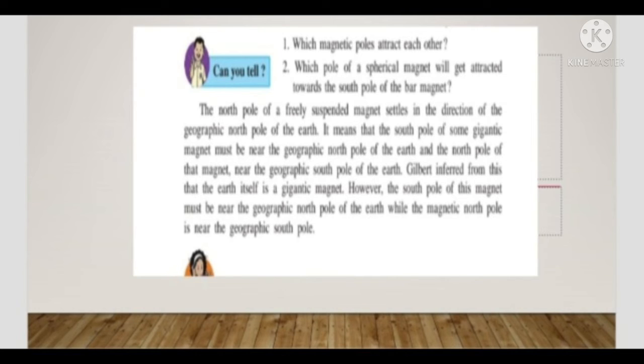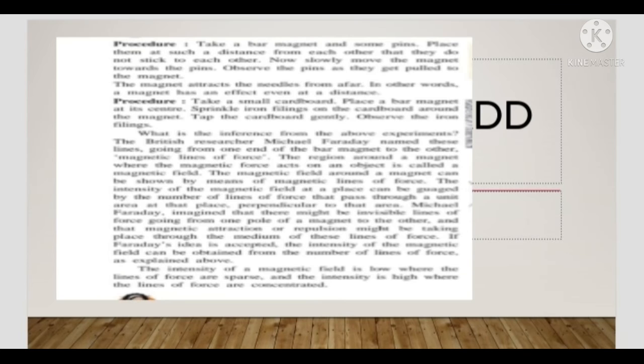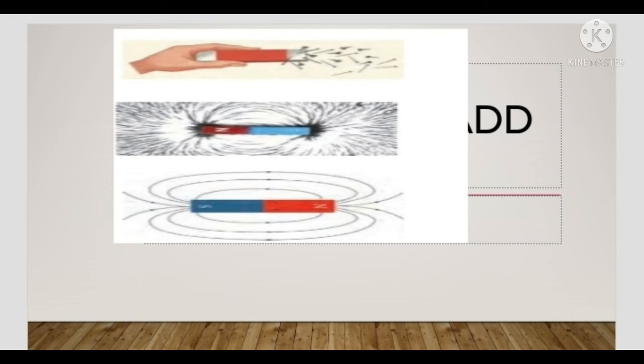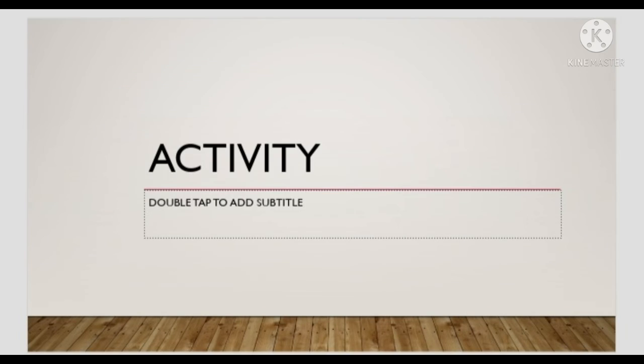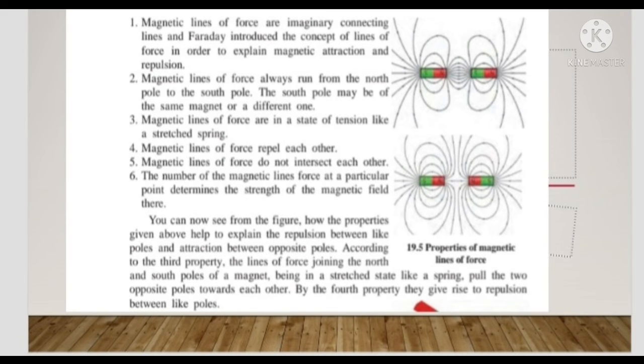Penetrating ability of magnetic field. One experiment is given. Spread some pins on the table. Hold the cardboard a small distance above these pins. Place the bar magnet on the cardboard and observe. Now move the magnet slowly over the cardboard and observe. Repeat the procedure increasing the layers of the cardboard and observe. So you have seen that the magnetized needle stuck to the cardboard in water moves near the magnet. Observe the direction in which the needle moves. Repeat this placing the magnet at different places around the magnet and observe.